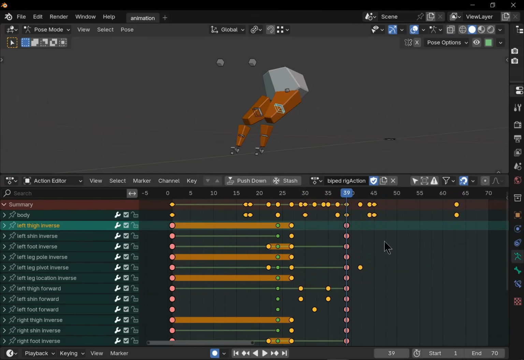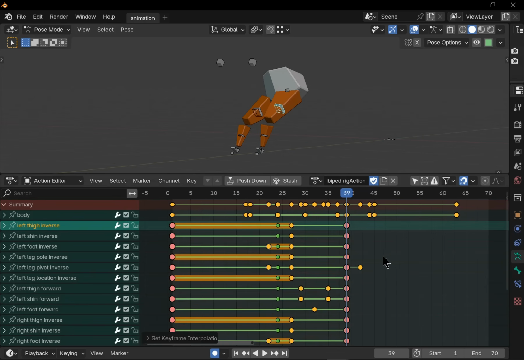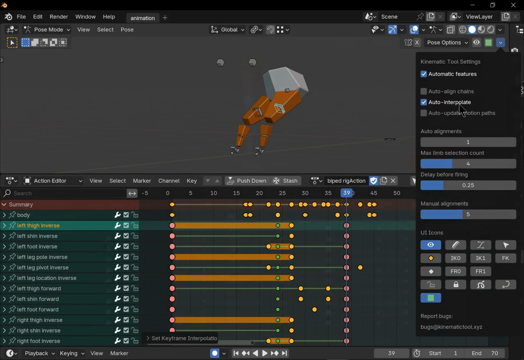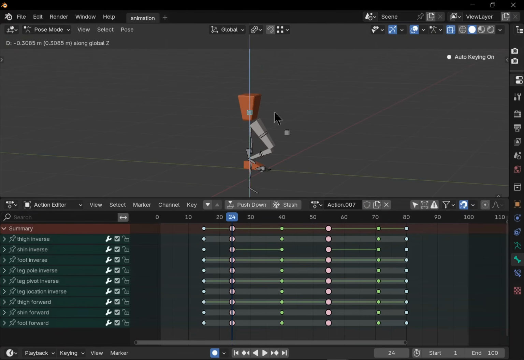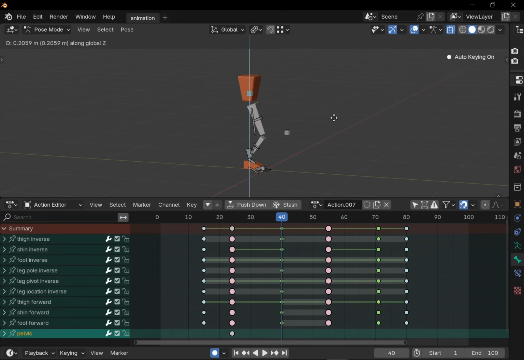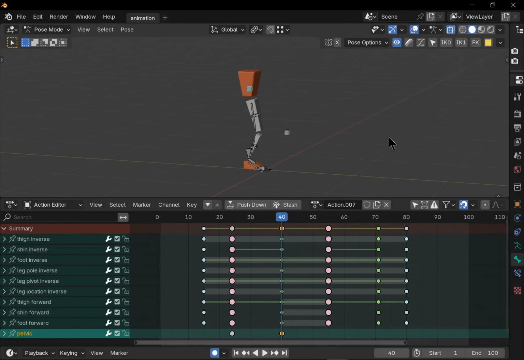Auto interpolation is available as an automatic feature of the tool, and I talk about it in the automatic features chapter. When you go to the start or end of an IK range and adjust your pose, you can align the FK chain to the IK chain with this button. It's also referred to as snapping. This is also available as an automatic feature of the tool, and I talk more about this in the automatic